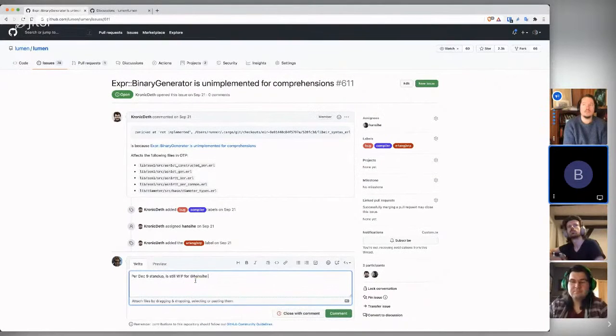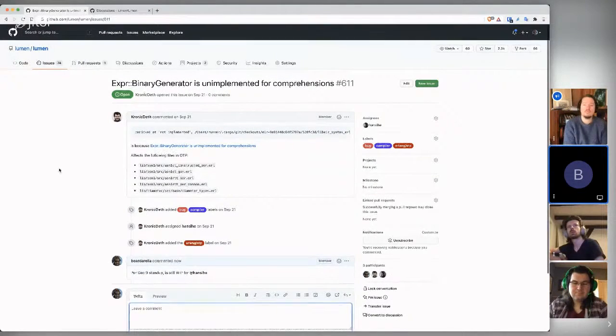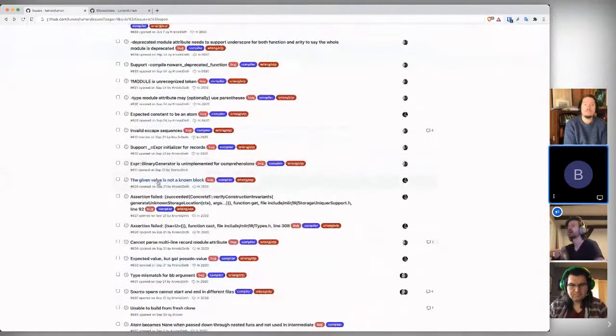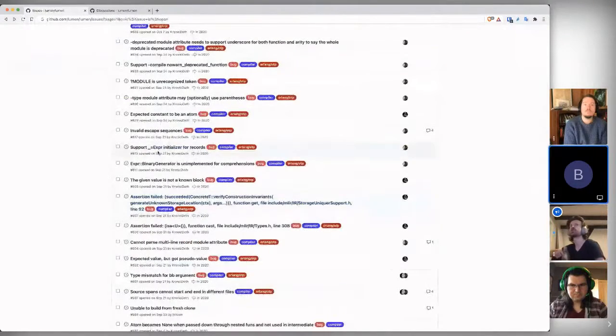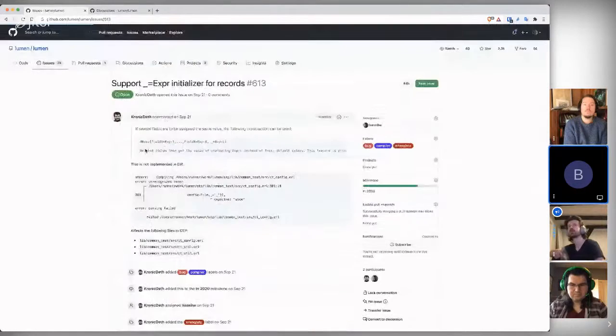Is that going to work the same way as list comprehensions? Yeah. So that one takes a bit longer because I have to totally revamp the way I deal with binaries. Before, I thought I could get away with not handling arbitrary binary construction with any types, any integers or any specifiers. I thought I could get away with just handling some of them that we needed, but